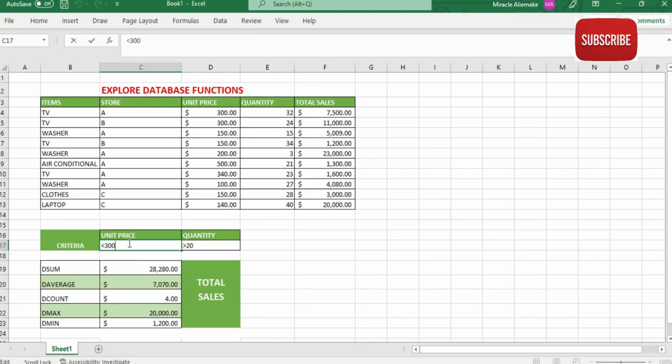Let's check out the unit price. Let's use 330. We'll see the changes. Okay, let's try 200. We'll see the changes. So let's do changes on the quantity. On the quantity, you can see, let's take it to 30. We'll see how it affects our data. So with this we can have an effective